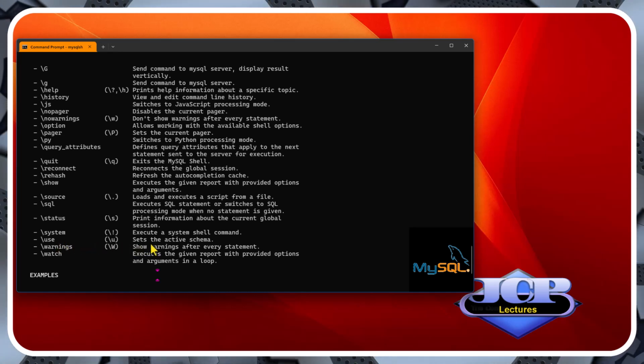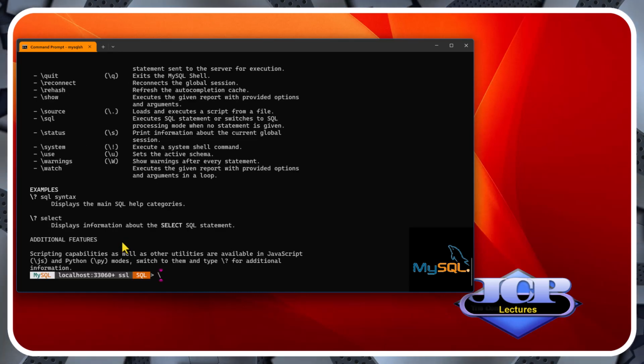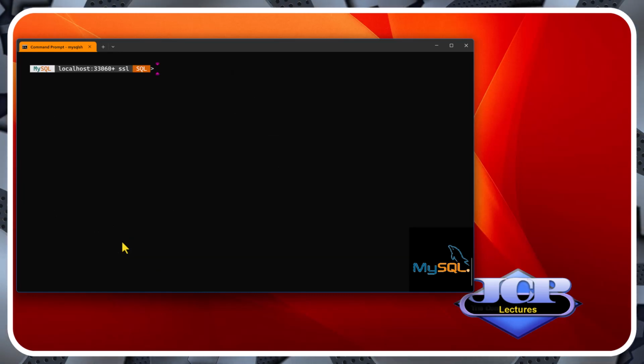From the help screen, we can see that \u sets the active schema. But the way to see which schemas are available, we need to run the query show databases.